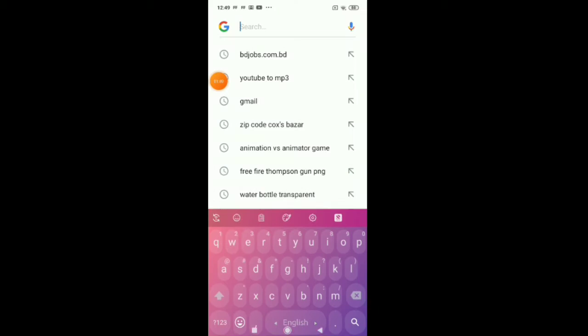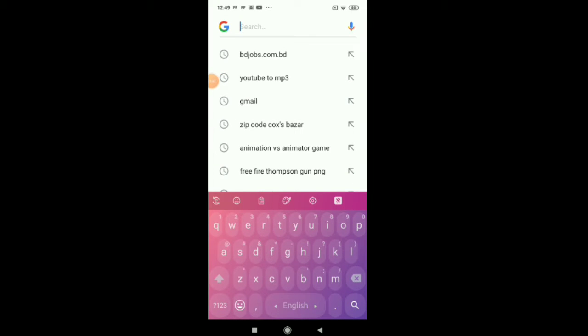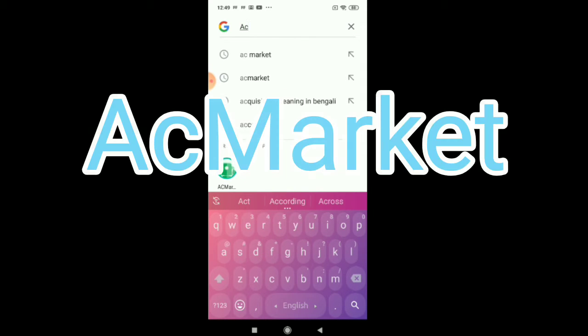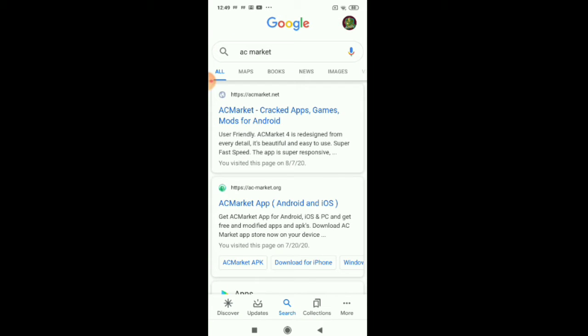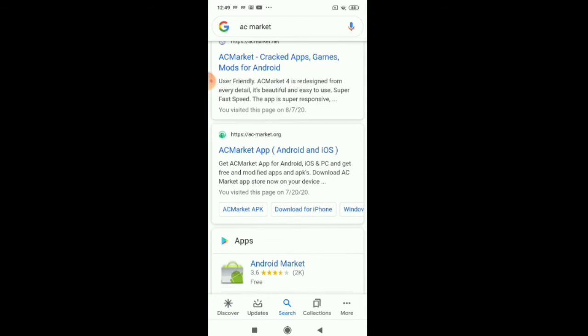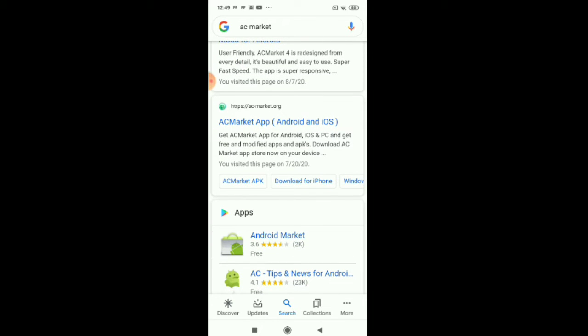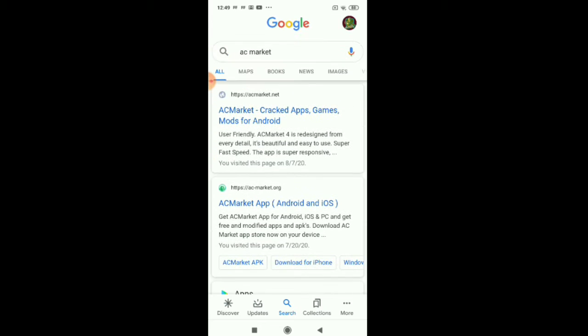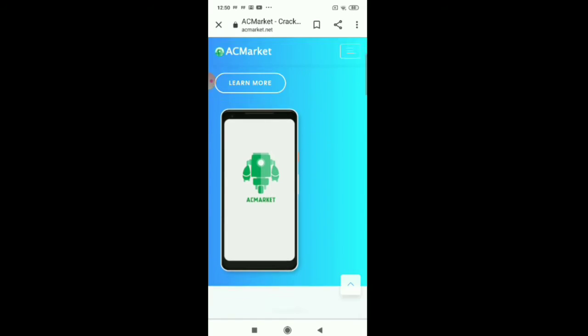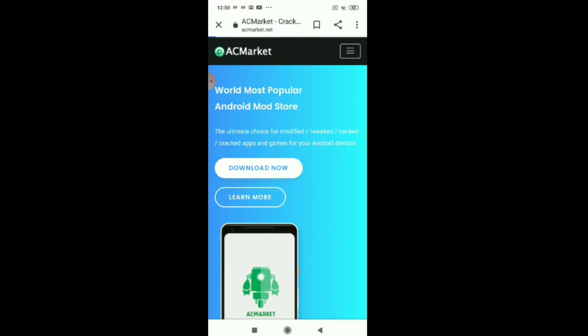First of all, you need to go to Google and search up AC Market. There you go, and go to AC Market, and then you will find AC Market OG. If you are an iPhone user, you can go to the AC Market download for iPhone, or if you are an Android user, you can come here, AC Market Net, and you just simply download this. So I click download,